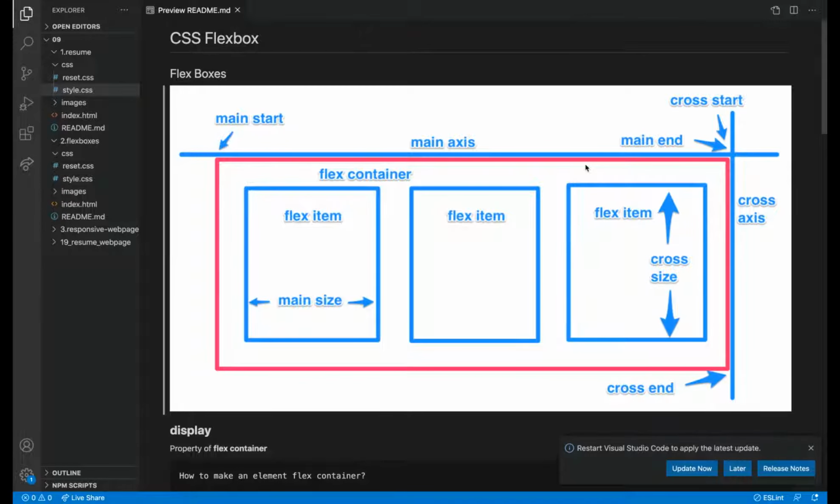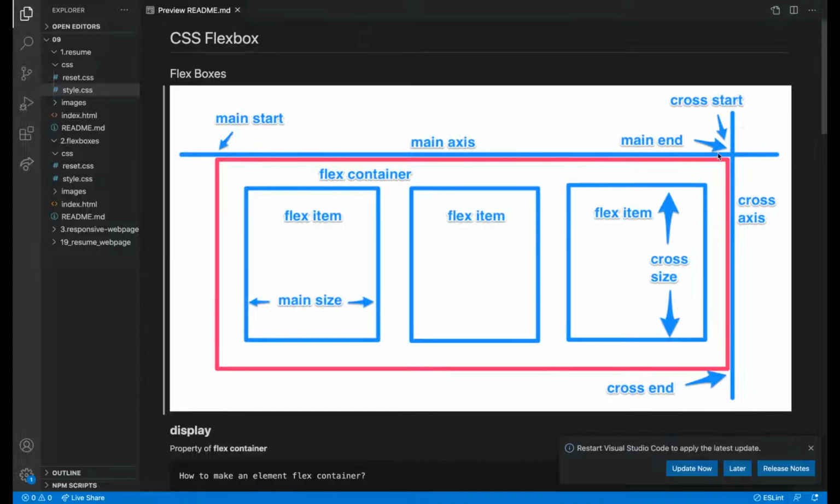For now, horizontally the main axis is there, and vertically the cross axis is there. It can be interchanged. That's why we are not naming it x and y axis. So main axis, cross axis. Another thing is main start. The main axis starts from the point where the parent starts, and main end is where the parent ends.